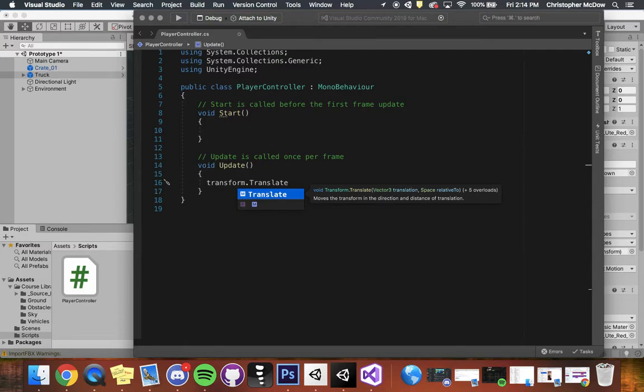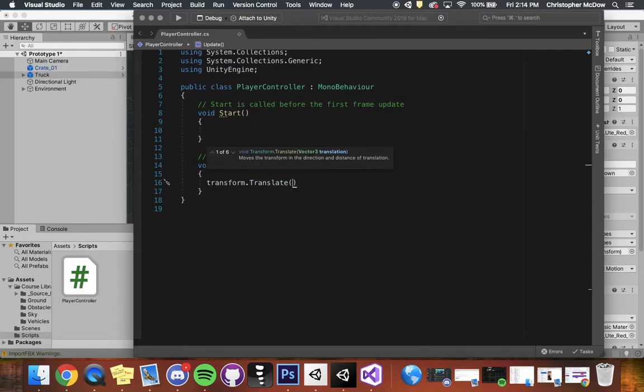And then we need to tell it how to move. So I'm going to open up some parentheses. I don't want to move it on the X, which is left and right. I want it to go straight. I don't want it to go up and down, so instead I'm going to hit 0 there. And I do want it to move forward. I'm going to hit a 1 there, and then add a semicolon. And I know this is not saved because there's a little circle at the top. So we're going to hit save